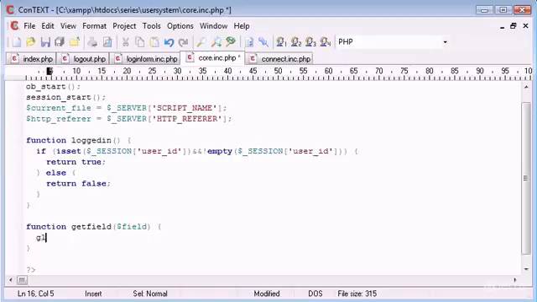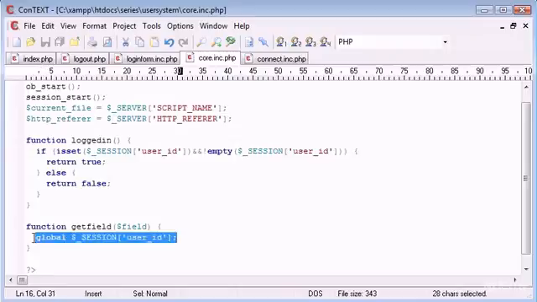So I'm going to write global $_SESSION user ID. Now the reason I've done this is I have a tutorial on why you need to do this. In fact, no, I don't think we even need to do that, do we? Okay, so let's echo this out and we'll see if this works. So echo out